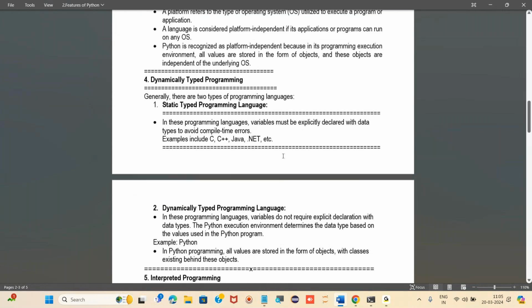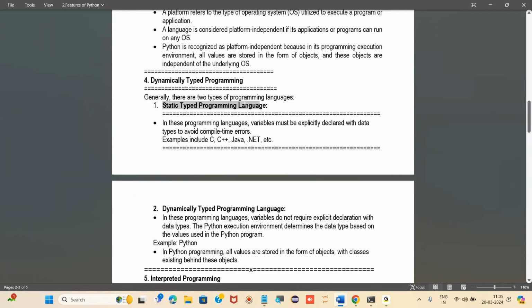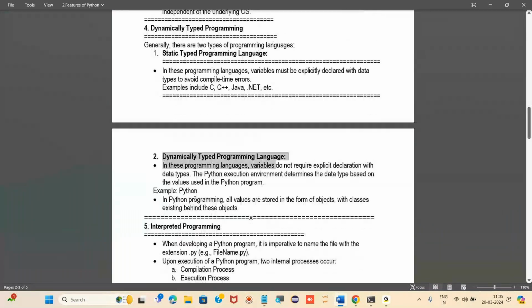And static is where we have to declare the data type explicitly. The examples are C, C++, Java, .NET, etc. And for dynamically typed, Python is the example. Got it? Tomorrow we'll see the rest of the things.